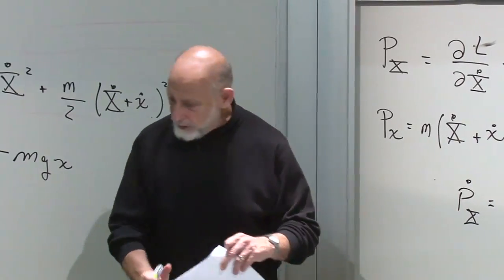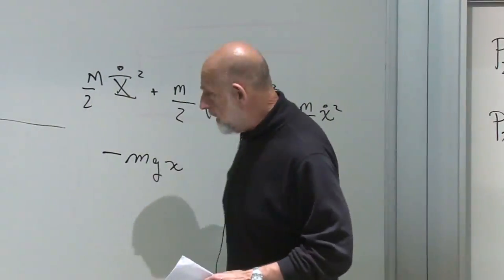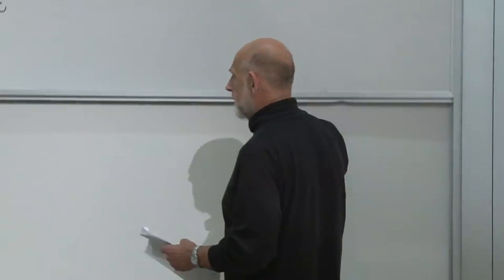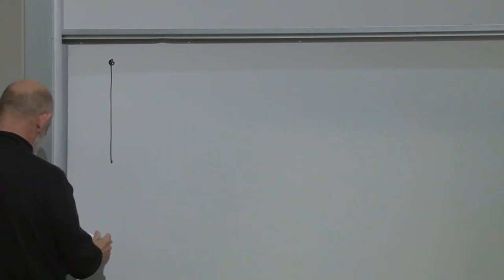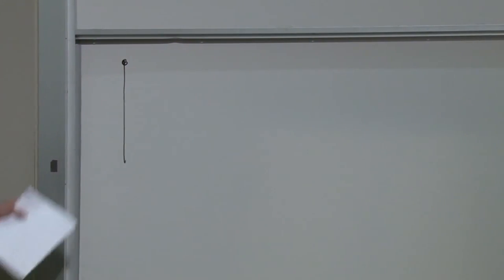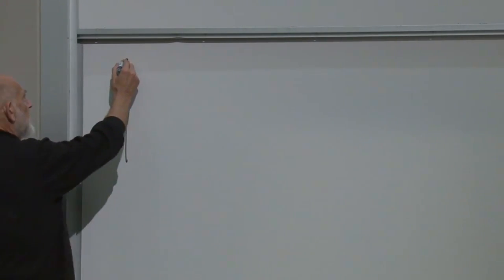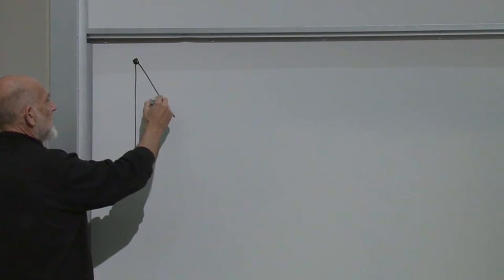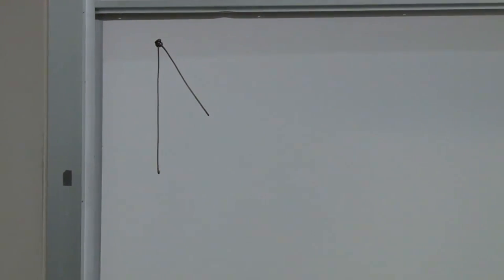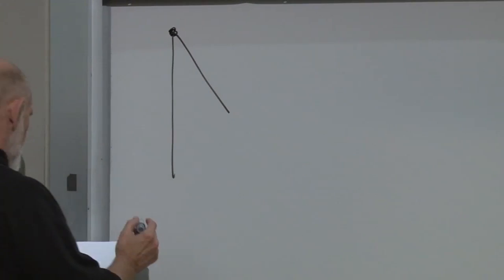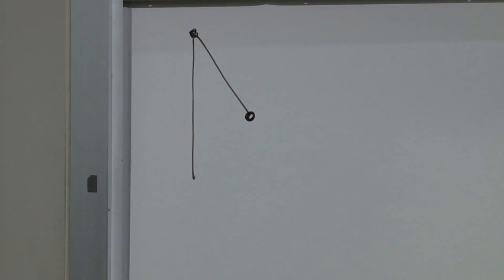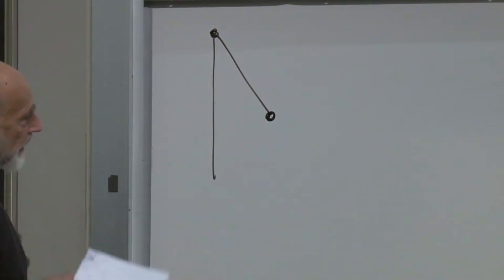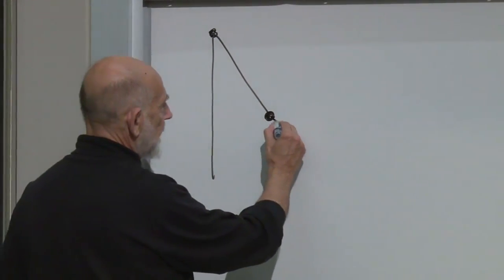All right, I'll show you the other example. You can work this one out yourself. It's a bit more tedious. The example is the double pendulum, very similar in many ways. This is just a vertical axis. The pendulum is suspended from a point up here. Let's take the case where the pendulum length is 1 so that we don't have to keep track of a bunch of irrelevant stuff. And let's take the pendulum bob to have unit mass, so again we don't have to keep track. This is a simple system, but now we add to it a second pendulum